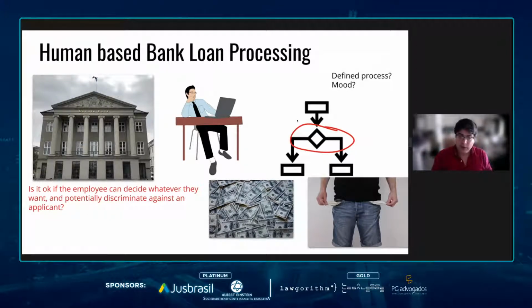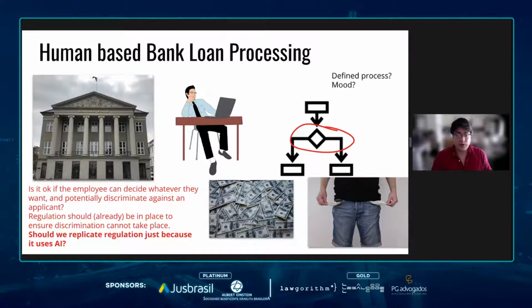So we want to focus on the sector, not on the software itself. And if you look at many sectors, like bank loans, discrimination, court decisions, a lot of GDPR, a lot of regulation already exists and tells us what we need to do, even in terms of bias and discrimination. So by creating regulations specifically for these types of sectors, are we going to be replicating law? Are we going to be replicating certain laws that define you cannot discriminate? Because these laws already exist.